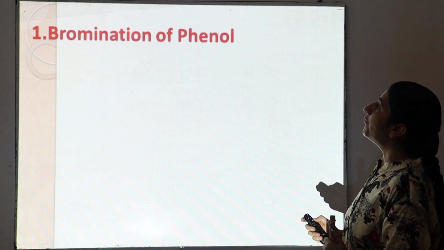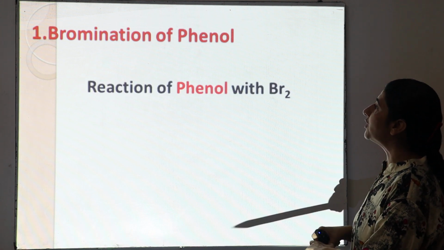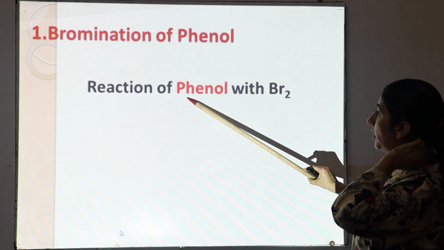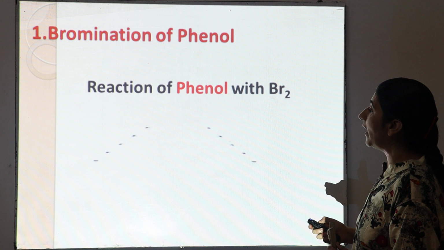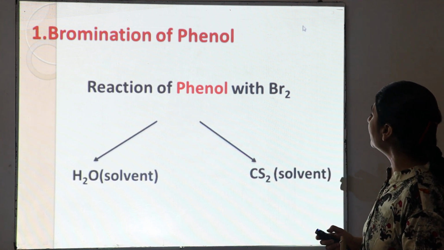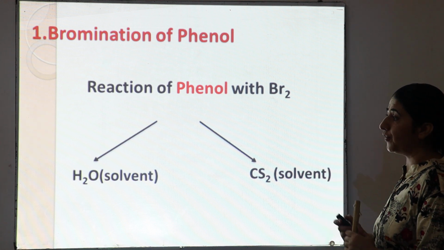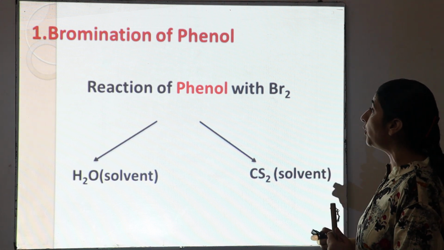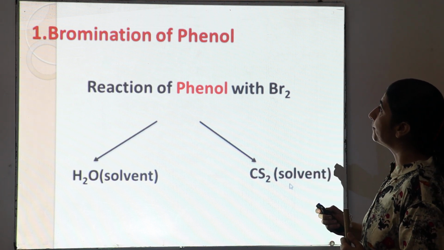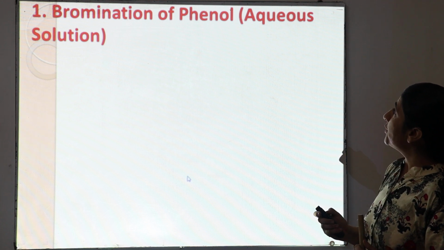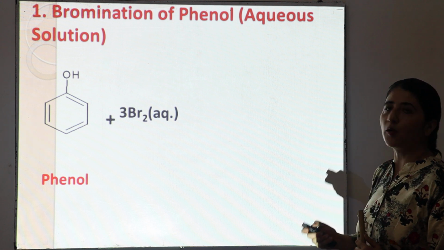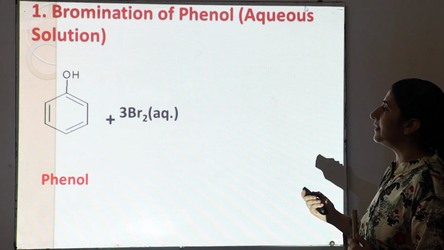So the bromination of phenol, in which phenol reacts with bromine. The bromination of phenol takes place in two ways. Number 1 is in the presence of aqueous solvent, and second is in the presence of CS2 solvent. So first we will discuss what will happen when phenol reacts with bromine in the presence of water solvent. So the bromination of phenol in aqueous solution. Here we have phenol, which reacts with bromine in aqueous form, meaning water as